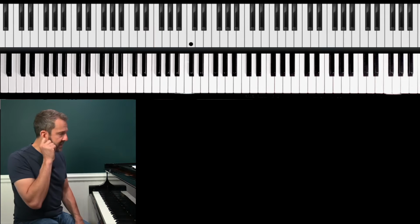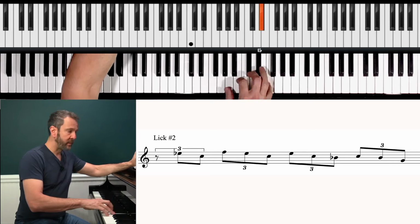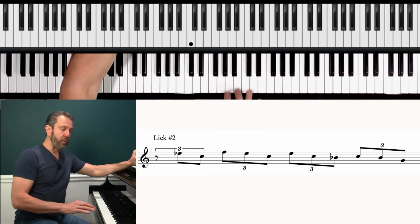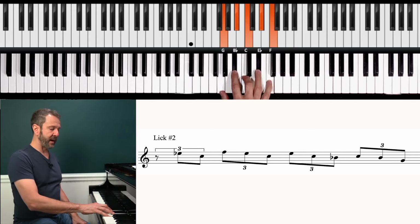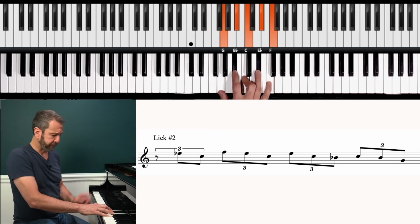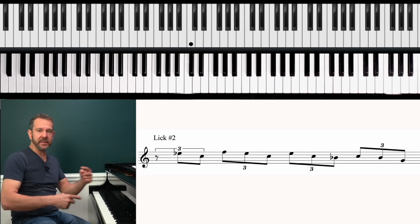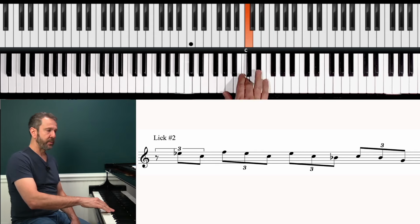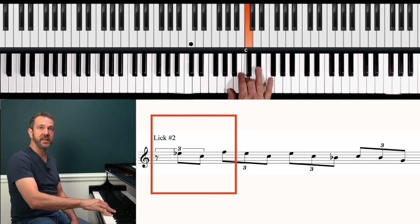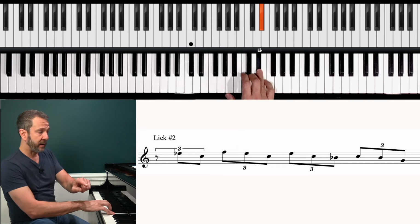All right, so the next lick. And one thing that's great about this lick is, number one, it's utilizing this minor pentatonic scale. No F sharp in there. But you'll also notice that it does kind of a sequencing. So we start with the first two notes of that minor pentatonic, but then we come up to the F, and then...